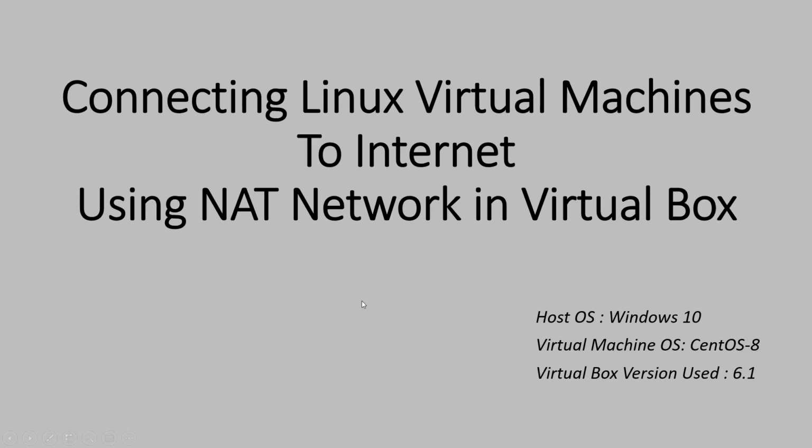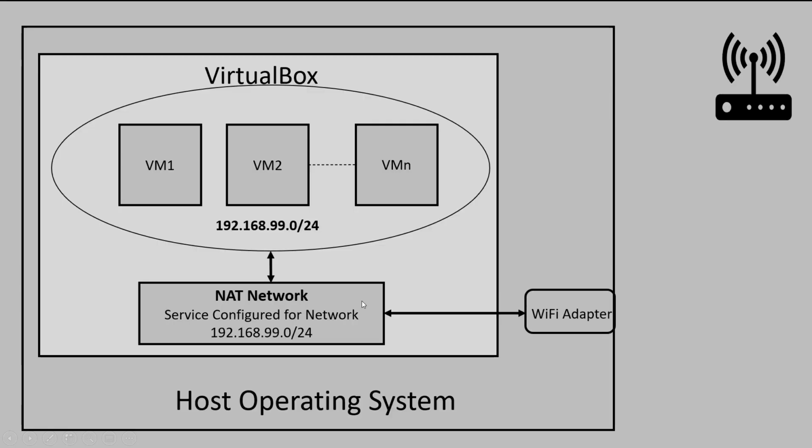In this video, I will explain how we can connect Linux virtual machines to the internet using NAT network in VirtualBox, or using the NAT network service in VirtualBox. This block diagram describes how VMs can communicate with the outside world or to the internet using the NAT network service